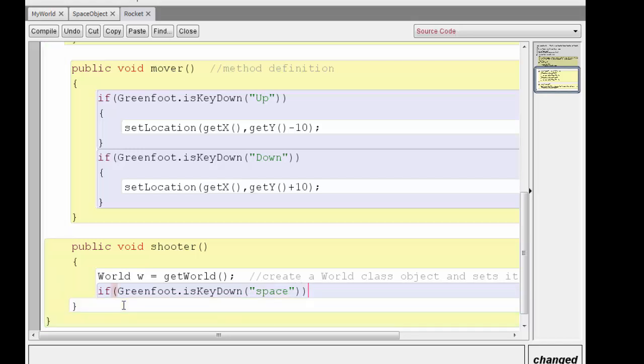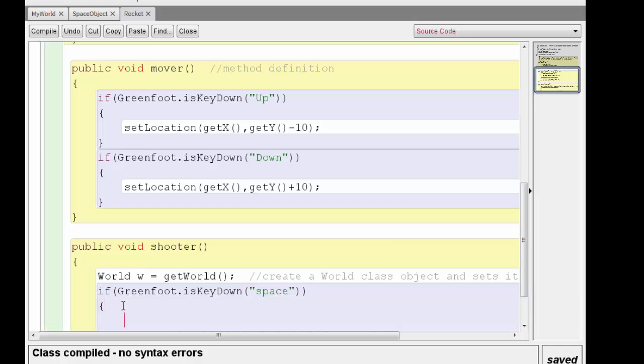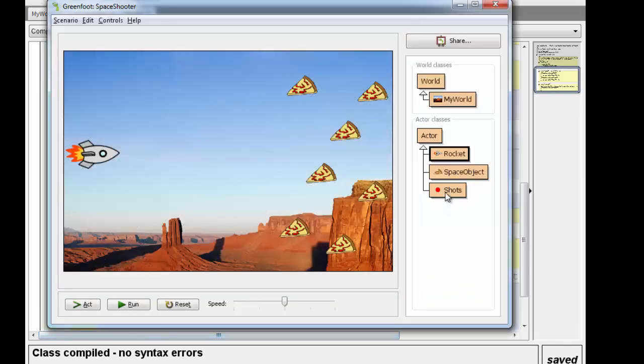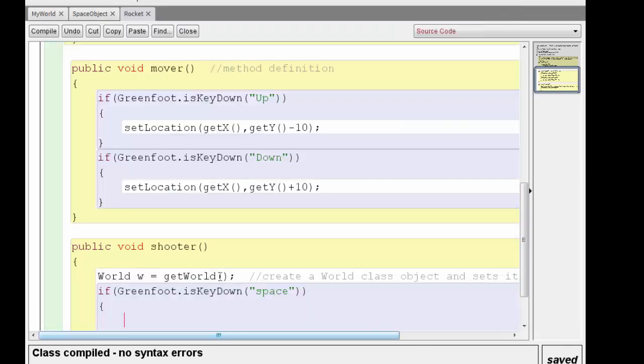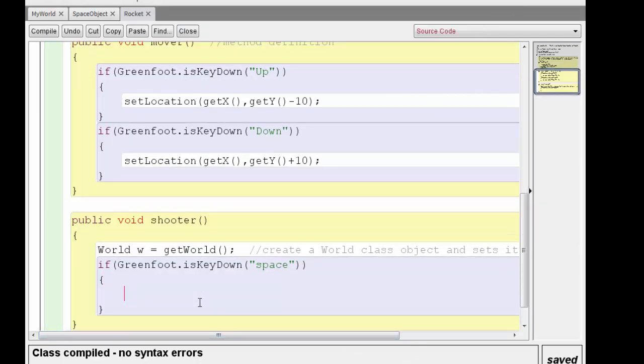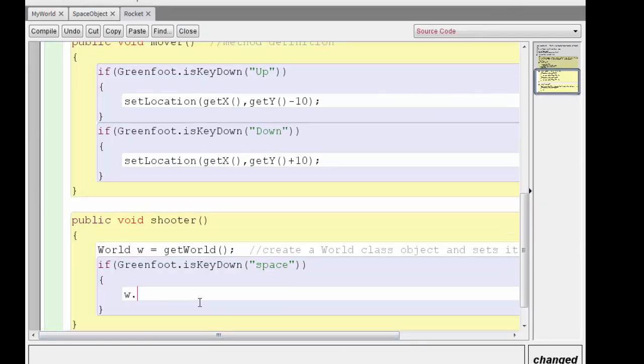If the space bar is pressed, we then want to make a bullet appear, or a shot appear. Let's just see what the class is. It's called Shots. So we want to say w dot